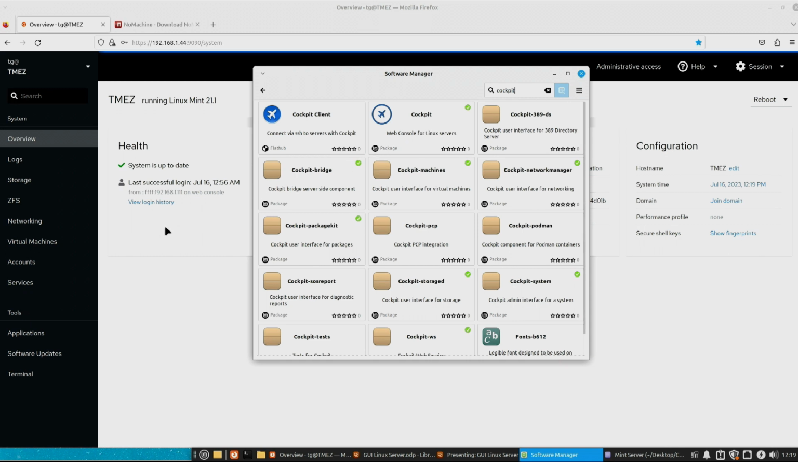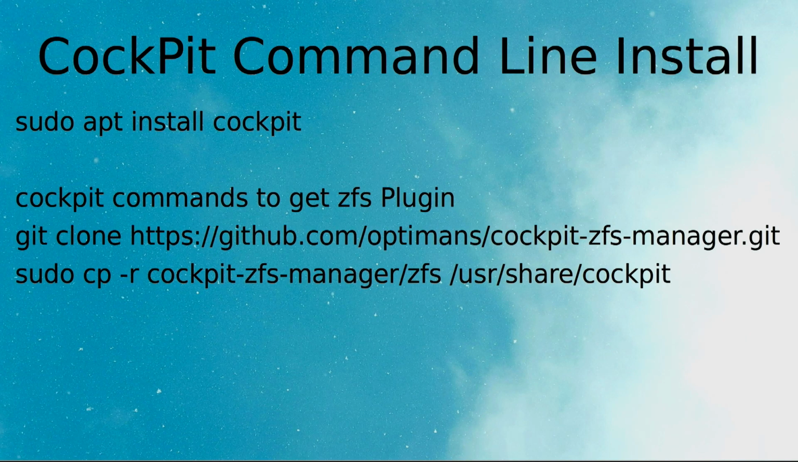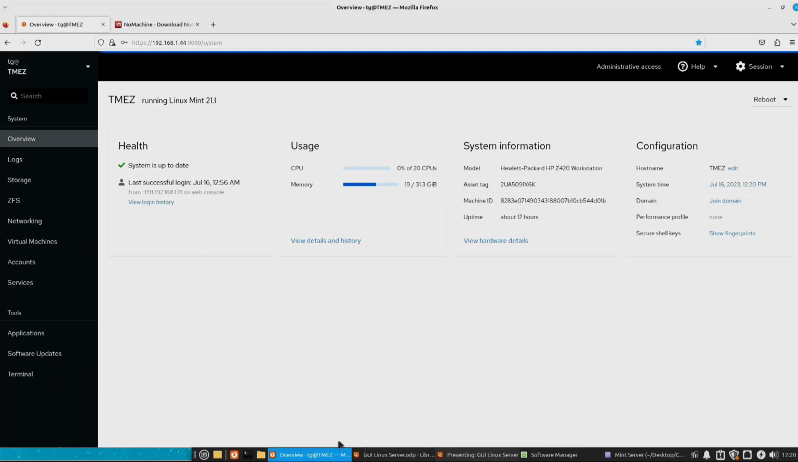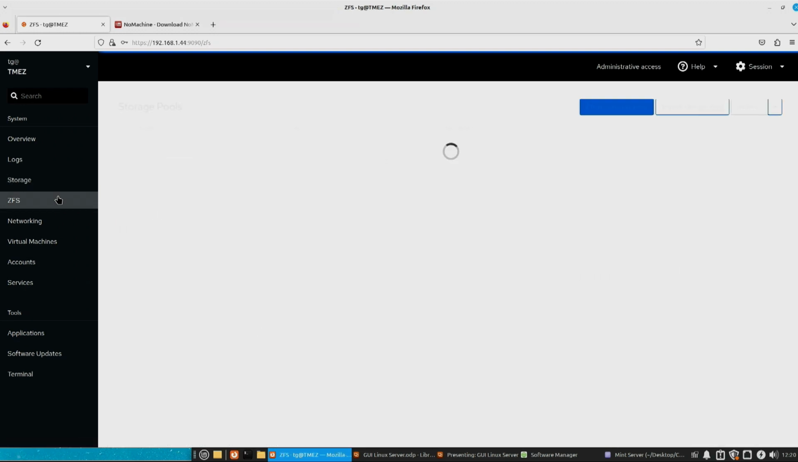If not, I don't know all the commands to install it from the command line, but I'll have these links. So to install Cockpit, that's the command line there. And then what you need is the plugin for ZFS to create ZFS pools, and I'll have those links also in the description below. And then one other thing, when I created the ZFS pool,